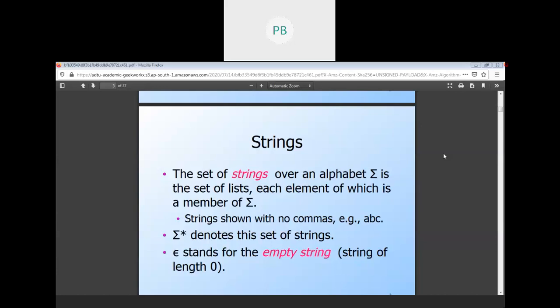It is a set. Out of this, if we pick one value, suppose Ankumani, this will be considered a string. This string represents the name of a student of BTech CSE and it comes from the category of student.